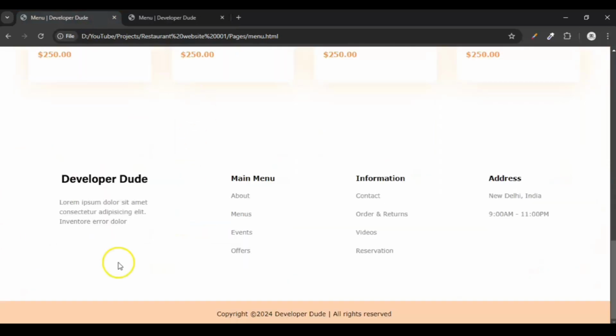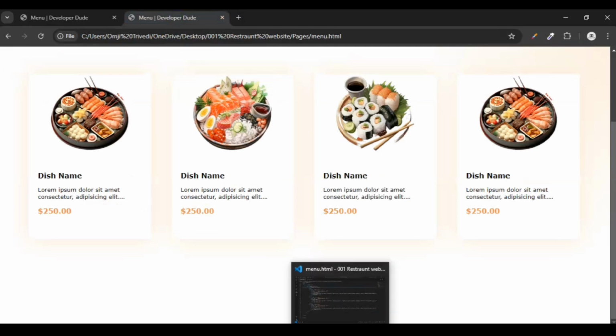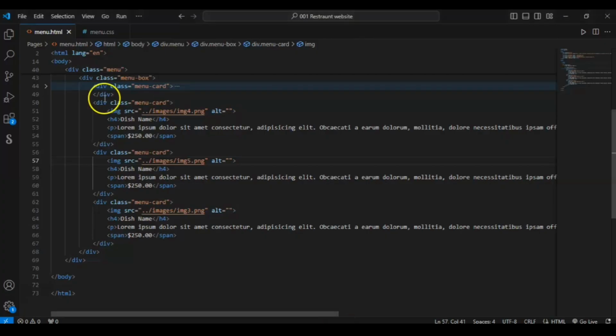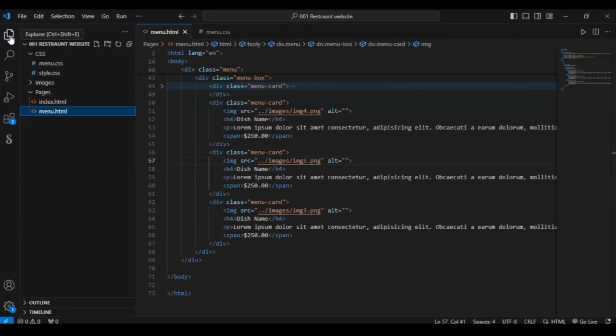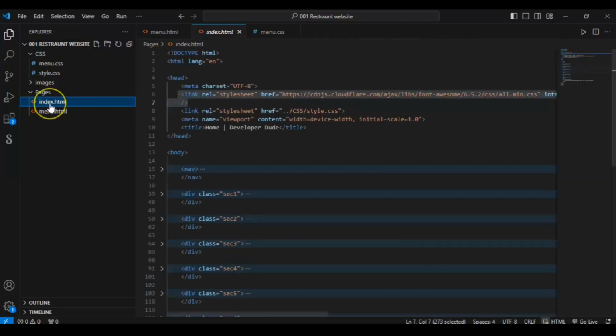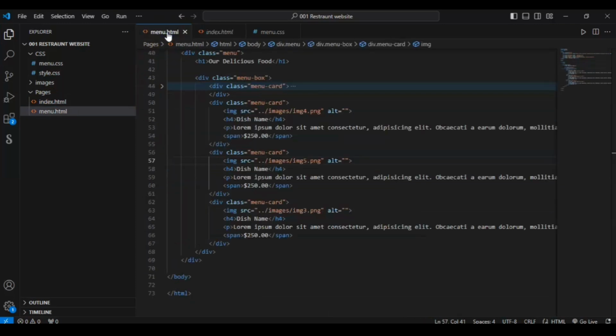and in this menu page we need the footer, but in our menu page we don't have any footer. So what we have to do, because we have already created a footer in our home page, we will just go to the index.html file and copy the code. In the down section, select the footer, Control C and paste it.